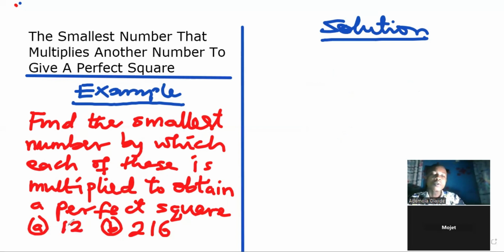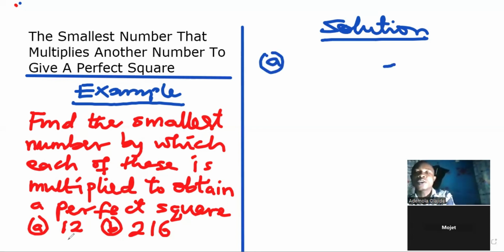But we can multiply 12 by many other numbers to get a number that is a perfect square. What is among those numbers that we can use to multiply 12 to get the perfect square? Which of them is the smallest? How can we get the least number by which 12 can be multiplied such that the result will be a perfect square? So for us to do that, we simply break down,